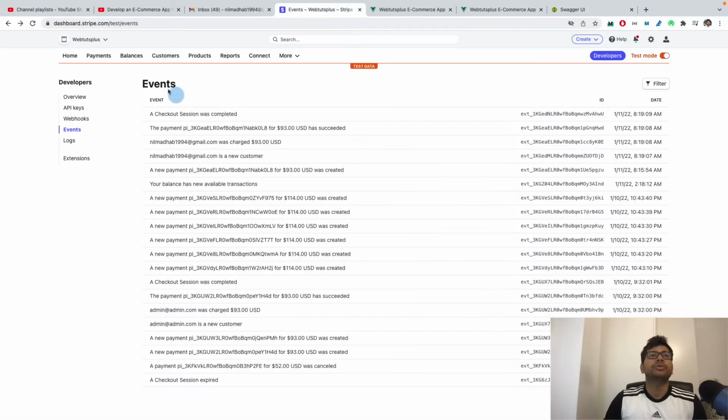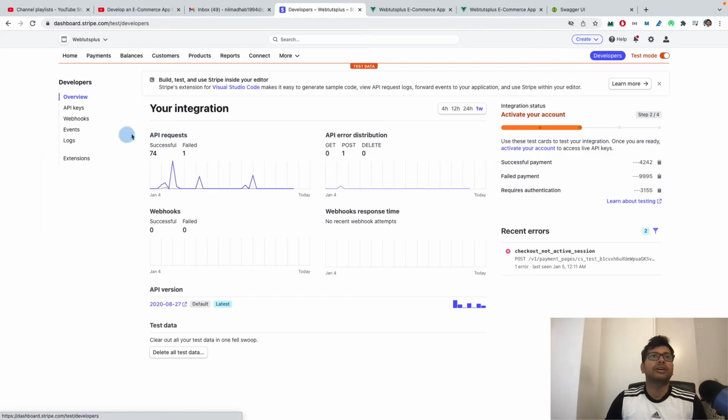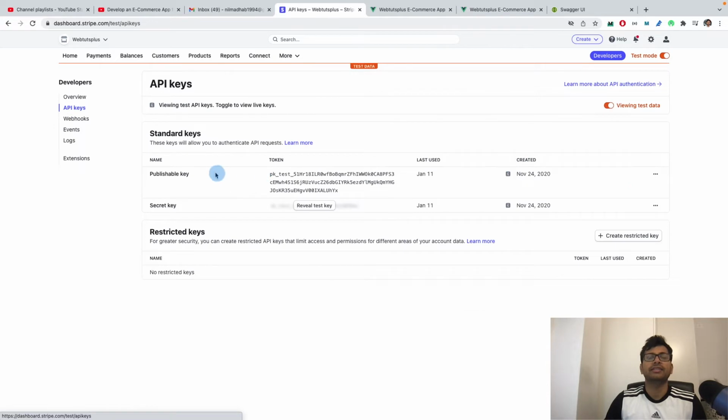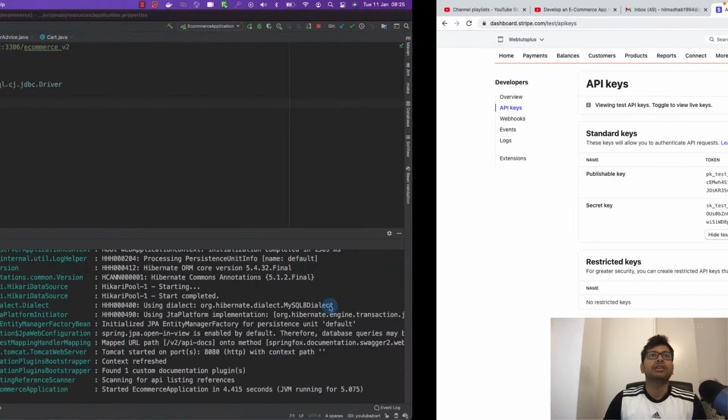First you have to go to this dashboard and go to the developers tab, and you'll get the API keys. You will have two keys. One is the secret key, which will go to the backend, and one is the publishable key, which will go to the front end. First we will copy this key, and in our